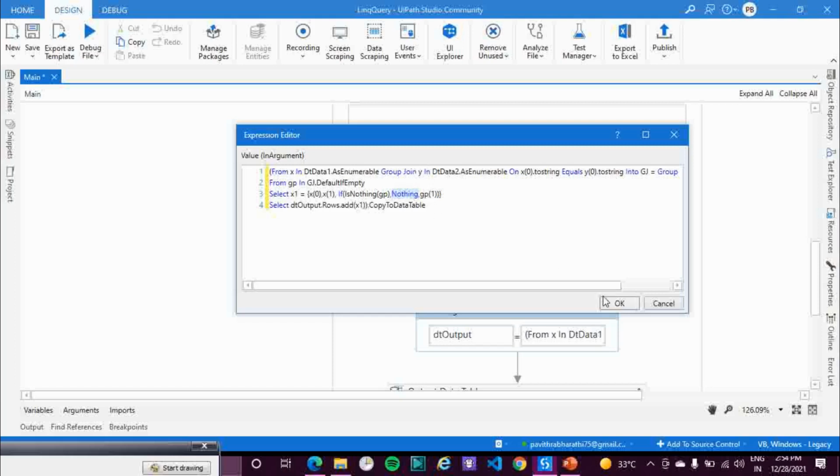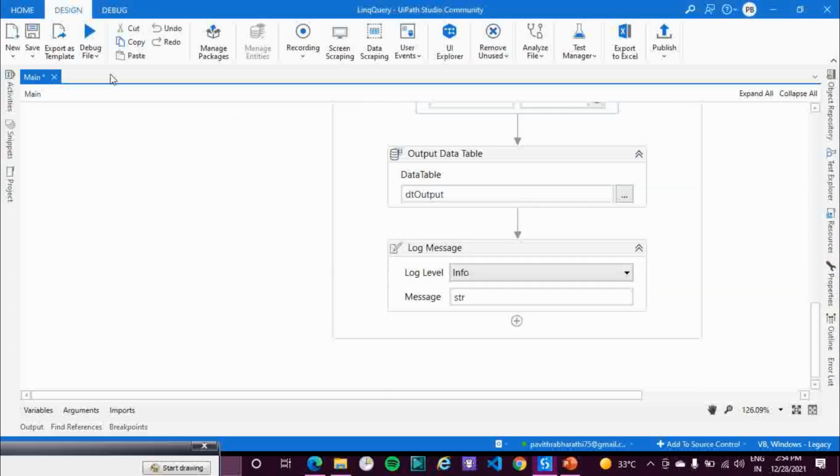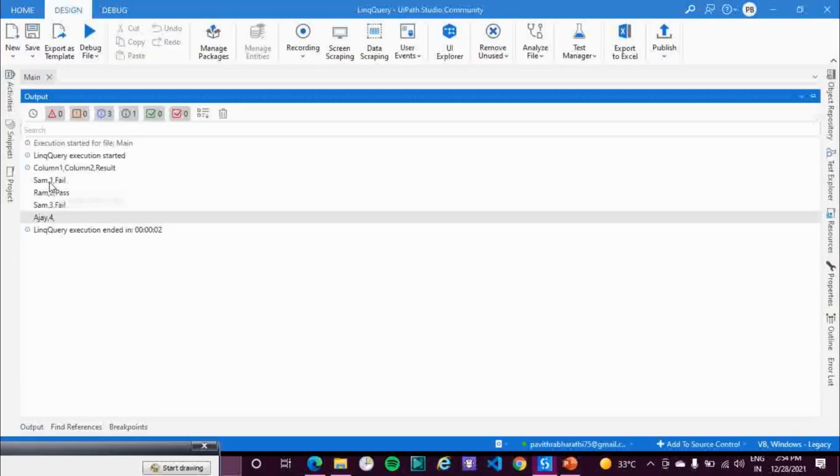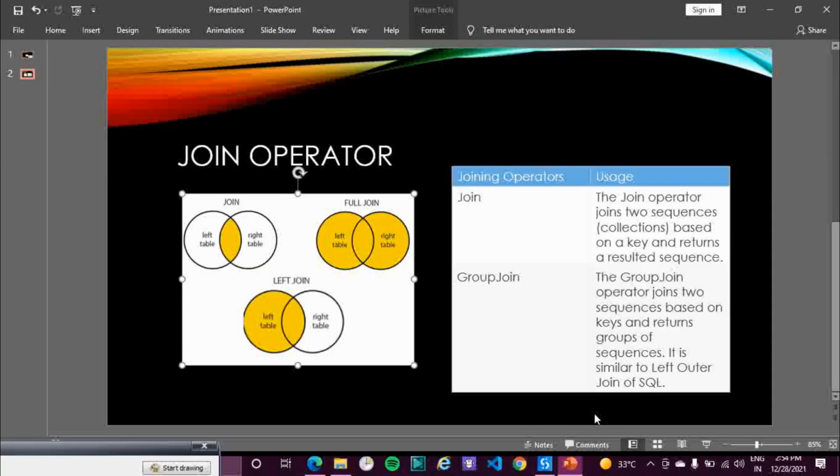So now let me save this, let me run this code again, and let's see. So if you observe over here, the output is as per our expectation. So basically it operates on the key, and it returns a group of sequences.